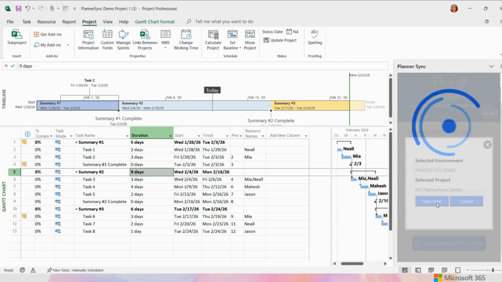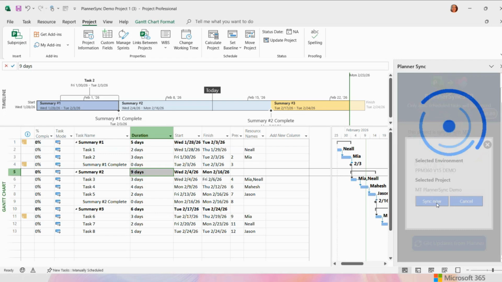And it's going to go out to our planner environment, to that demo environment that I just showed you, and it's going to sync all of the task information, including the resource information, and it's going to pull up this project plan for me. So I'm just waiting right now for it to go ahead and make all the necessary